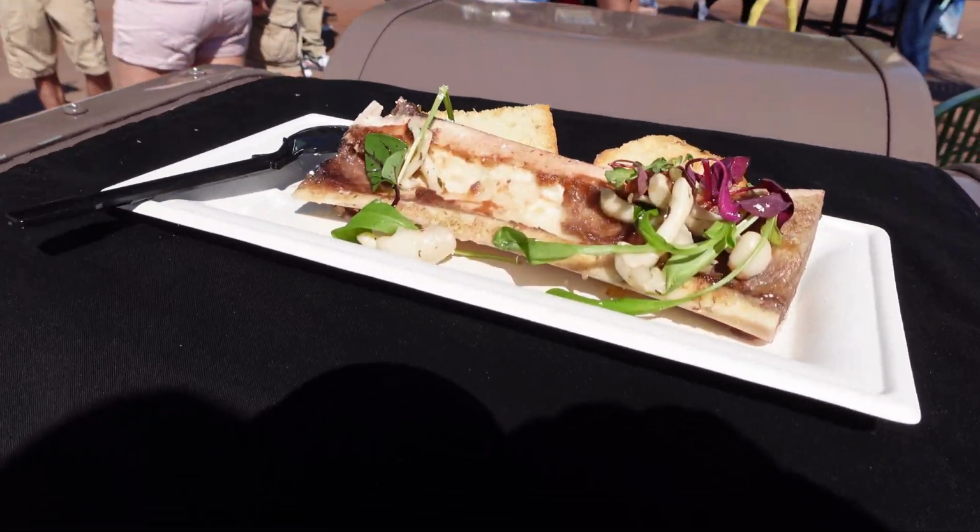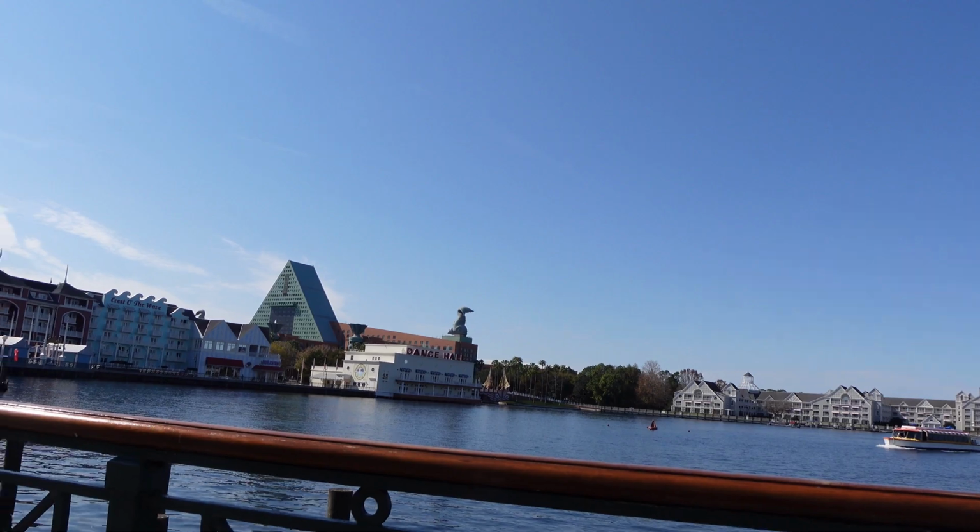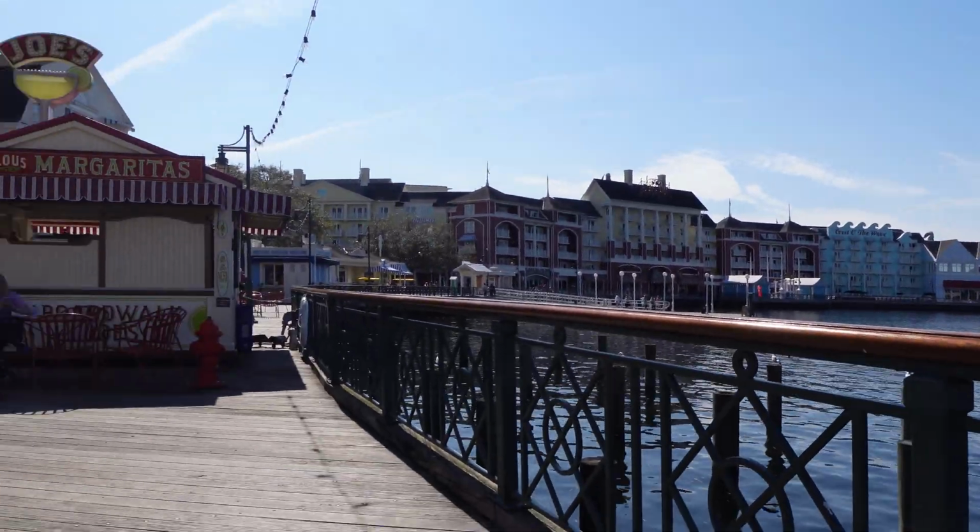All right, welcome to Disney's Boardwalk resort area, where all of the restaurants and everything are actually out here on the boards. And we're gonna be getting a Valentine's Day exclusive. It is called the Marshmallow Mountain, which I'm not crazy about sugar cookies, but this is a sugar cookie with marshmallow piled up high, then it's dipped in white chocolate,